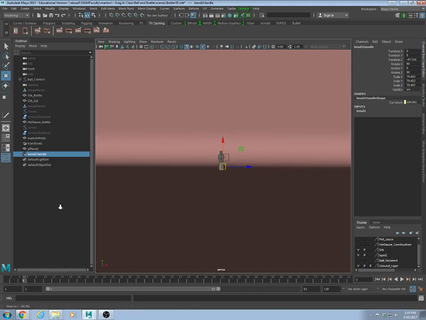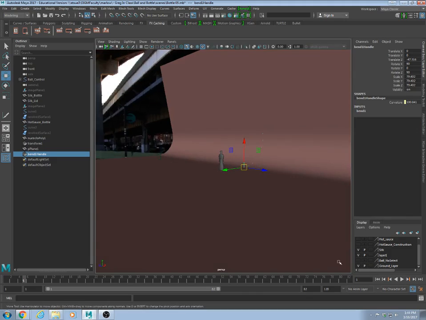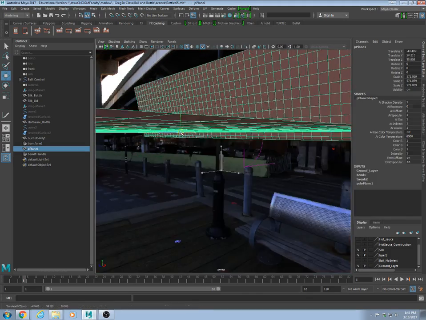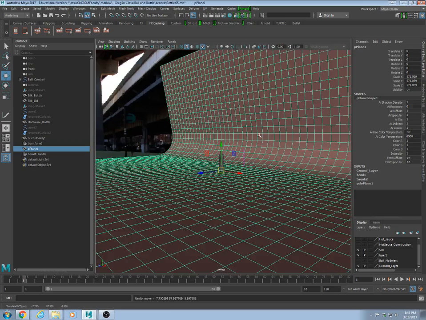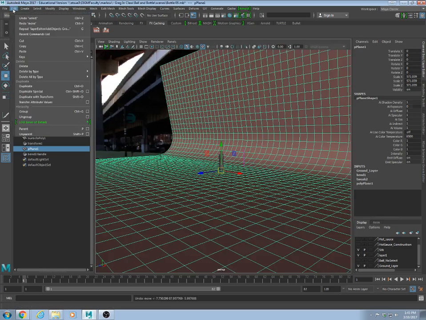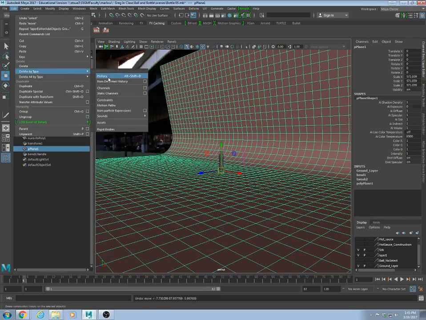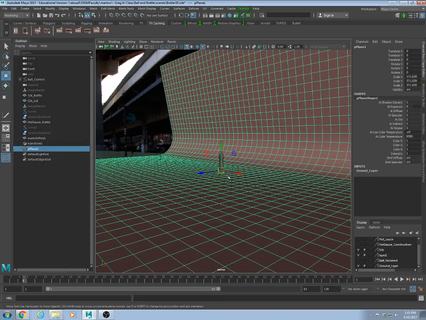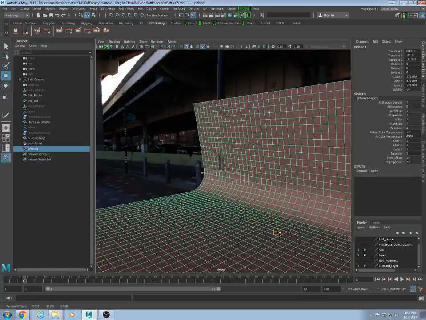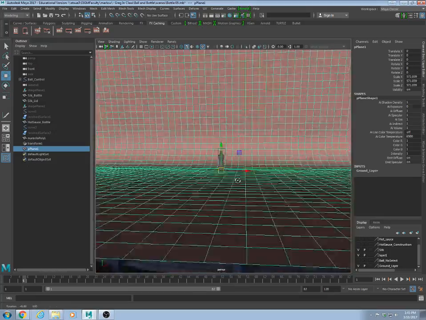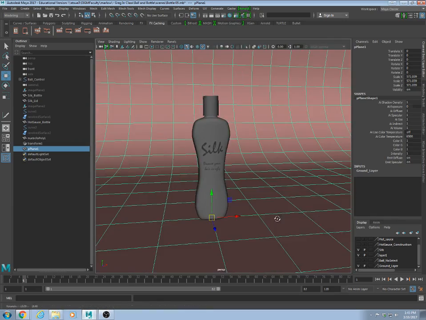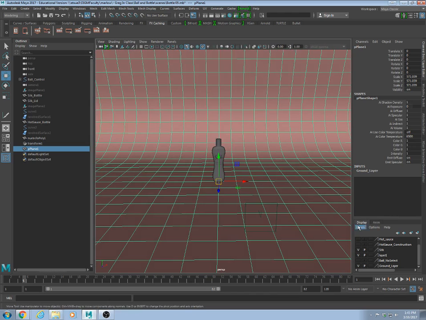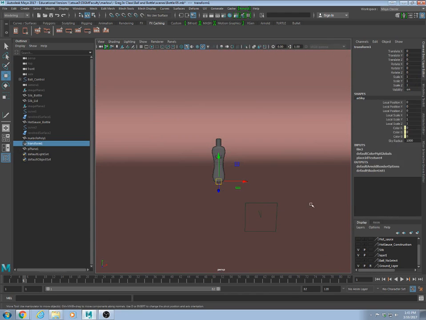The last thing I wanted to show you about the floor is that currently it's still hooked to that deformer, so if I tried to move it around or do anything to it, that deformer is still going to affect it. If I delete history on this, delete by type history, that deformer goes away and now it will permanently stay in that shape. And so that's probably what we would want to do before we go any further on this. The second thing, let me go ahead and freeze this ground plane here,